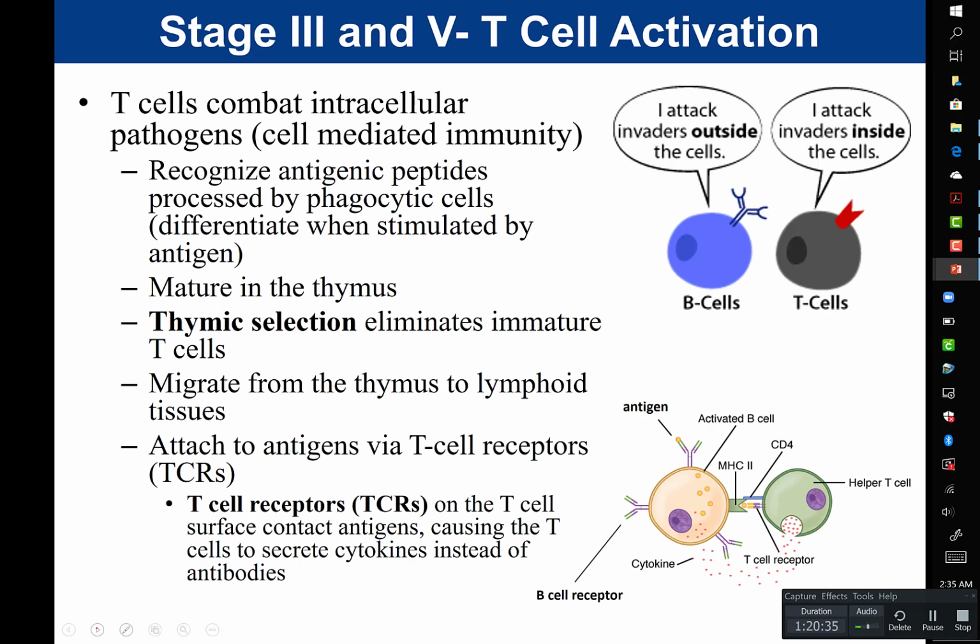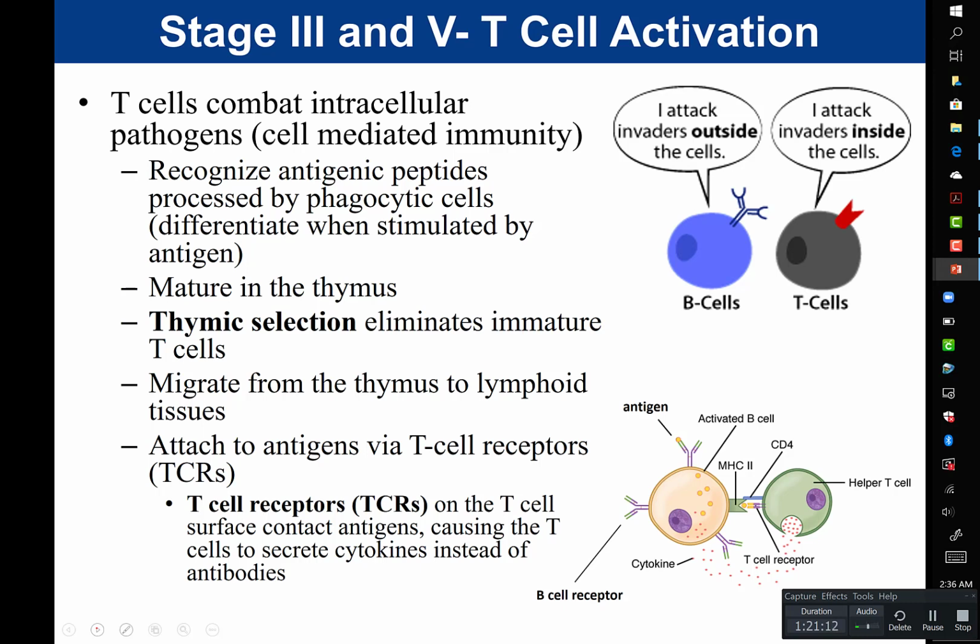So like a virally infected cell, for example. So T cells are used to combat intracellular pathogens. And again, they're going to activate the cell-mediated immunity. These recognize antigenic peptides that are processed by phagocytic cells. So again, our antigen-presenting cells are going to present the antigen, and the T cell is going to have the appropriate receptor. T cells mature in the thymus, and thymic selection